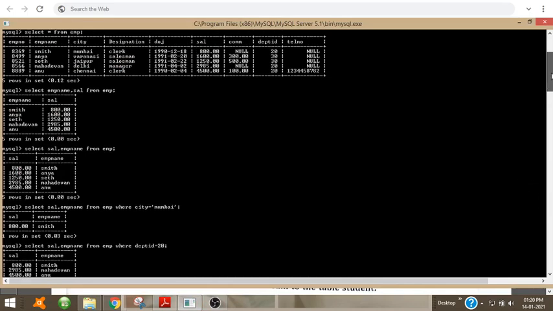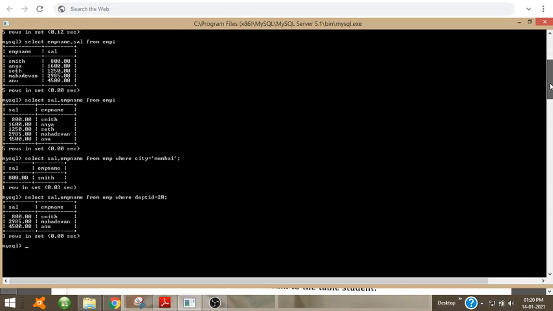Suppose I want to see which are the designations in our company. I don't want to display clerk 2 times, salesman 2 times or manager 2 times, however many times it is there. So if I give the output